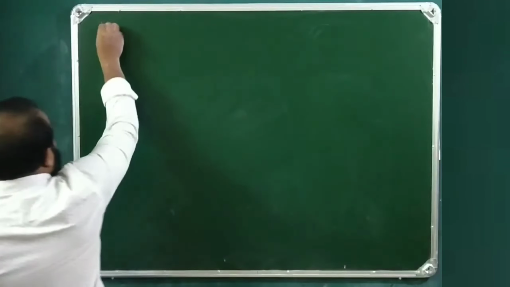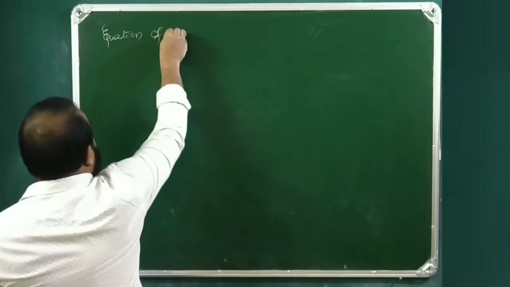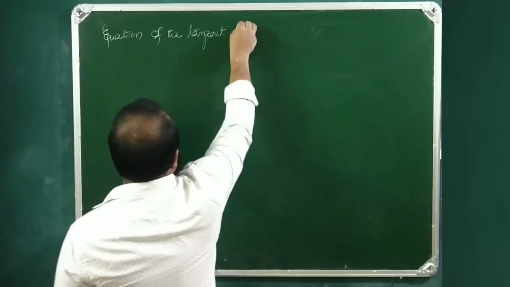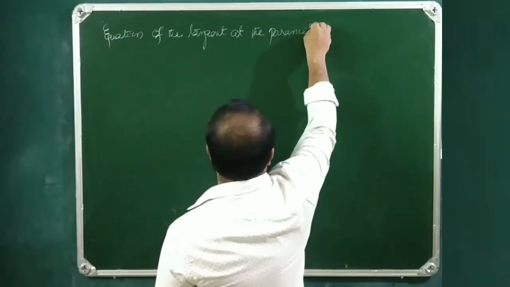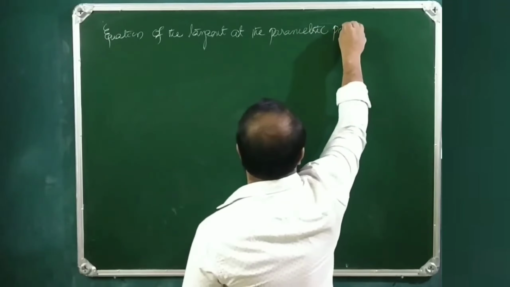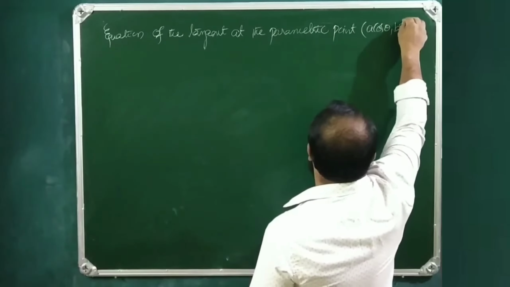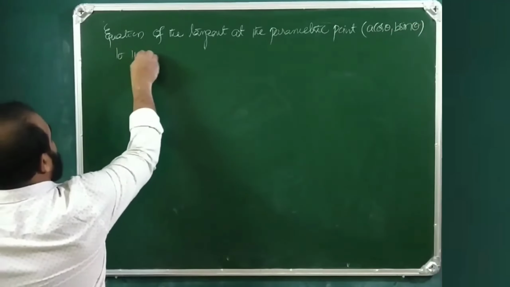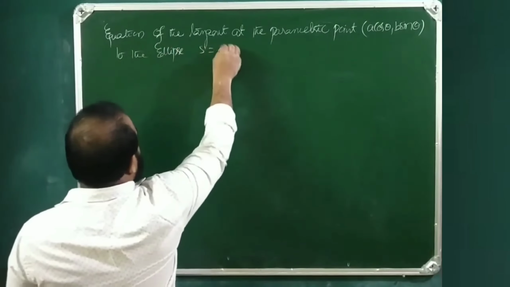So the equation of the tangent at the parametric point (a cos theta, b sin theta) to the ellipse S equals to 0 is